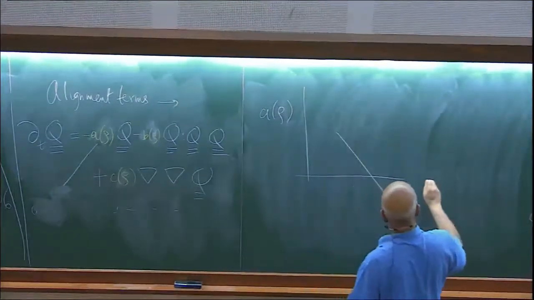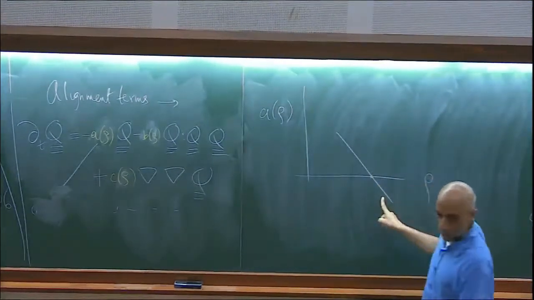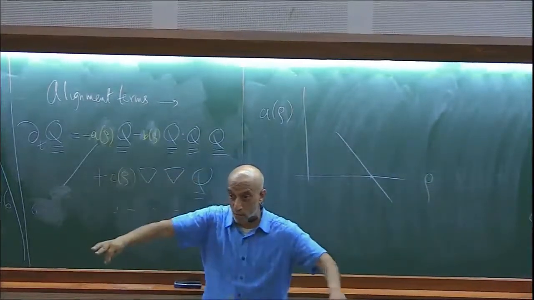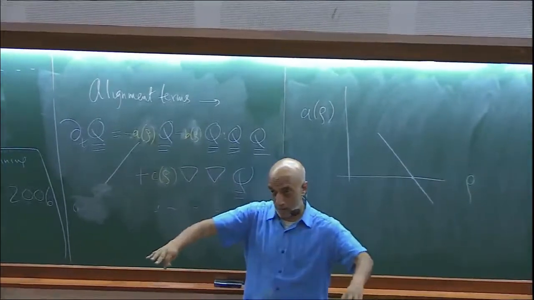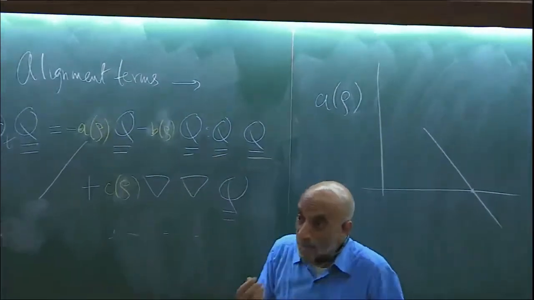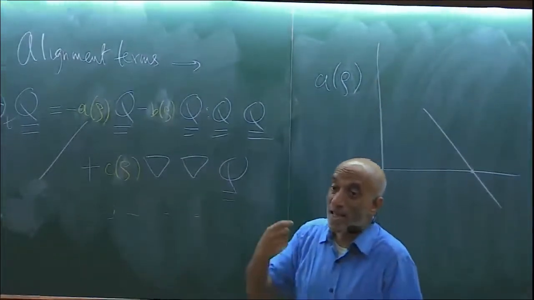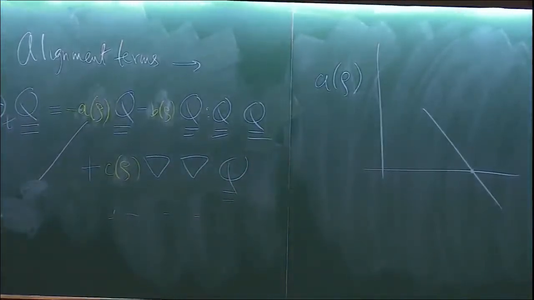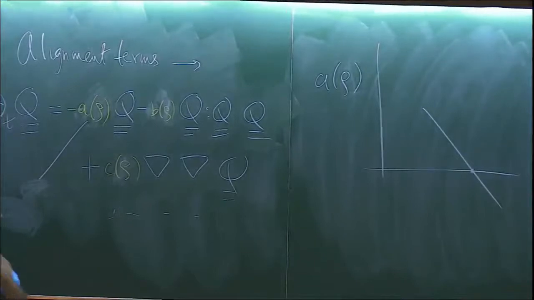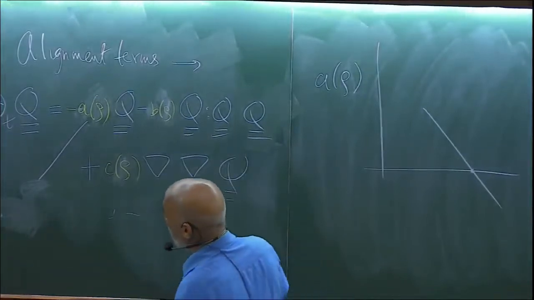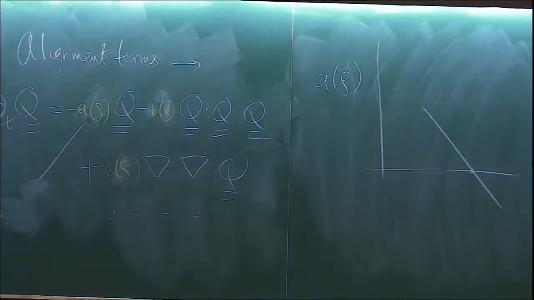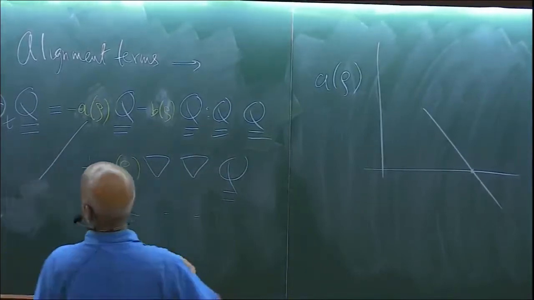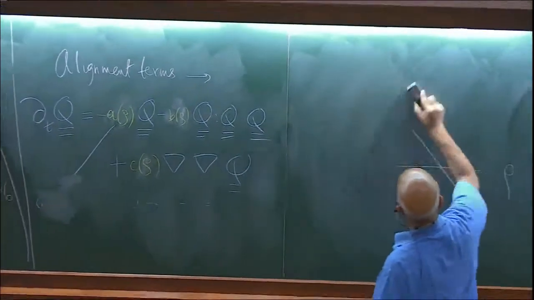It will do something like this as a function of rho. At some point, A of rho will become negative, and that within a mean field picture will mean that the state Q equals 0 is unstable to the spontaneous appearance of Q. But there's nothing novel in this. This happens in any microscopic model in which you put in a competition in alignment and noise. Okay. So I won't do this. So that in effect takes care of this. All right. So let's only work on